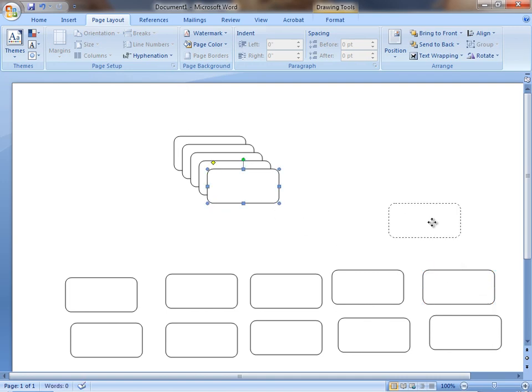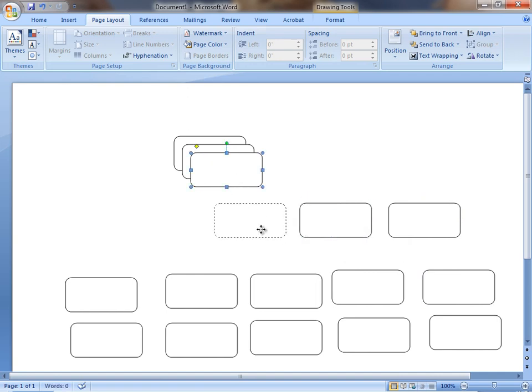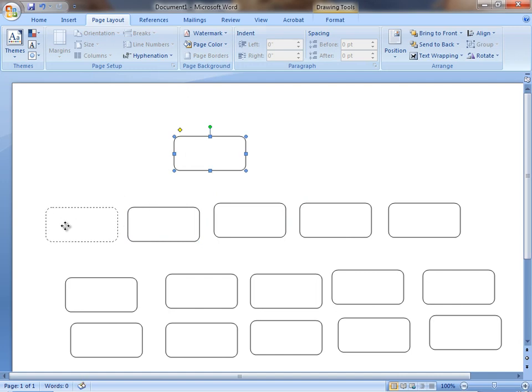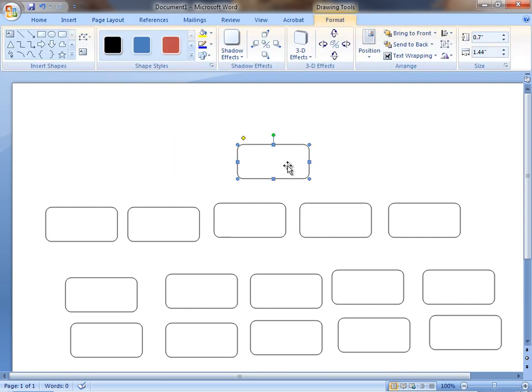This will be one of the main processes, so 1, 2, 3, 4, and 5, and then I have the main process. So by adding text to these